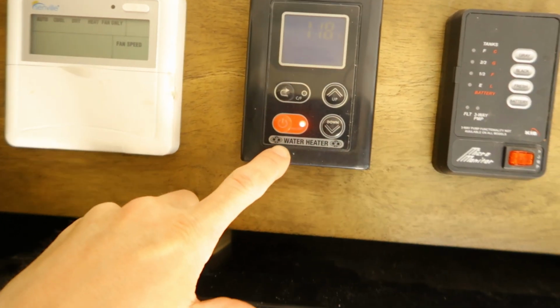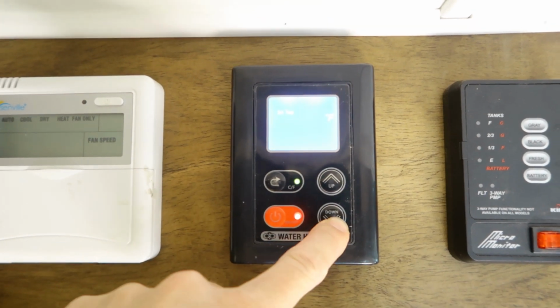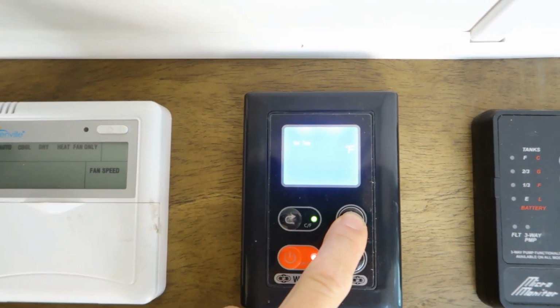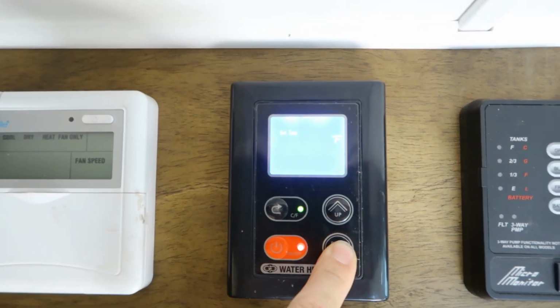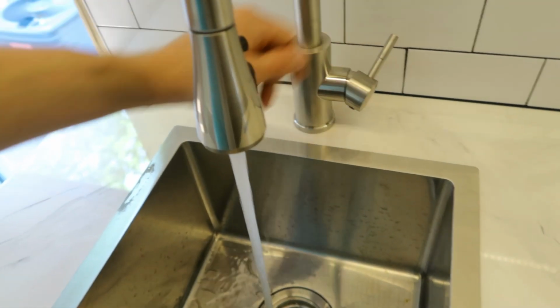And we can see that the light is on, and then it's reading a temperature here, and then we can just hit these buttons, and that'll allow us to change the hot water temp. So we'll change it to 116, and then if we turn on the hot water, it should be all the way back,